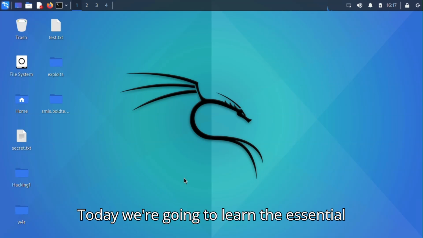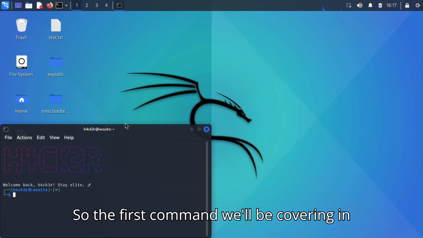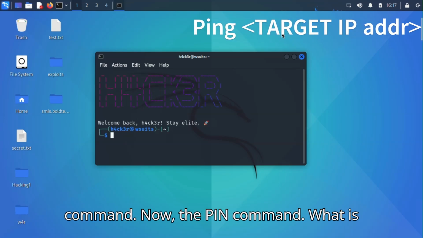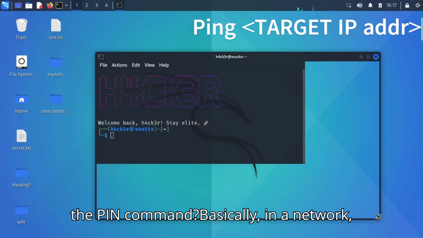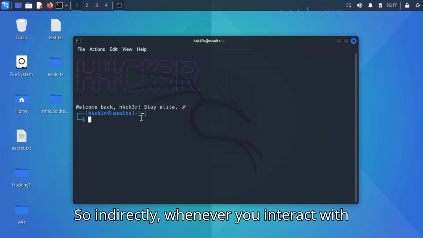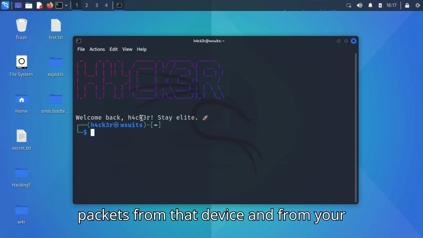Today we're going to learn the essential Linux commands every hacker must know. The first command we'll be covering in this course is the ping command. Now, what is the ping command? Basically, in a network, we have something called network packets. So indirectly, whenever you interact with a device, you are sending and receiving packets between your